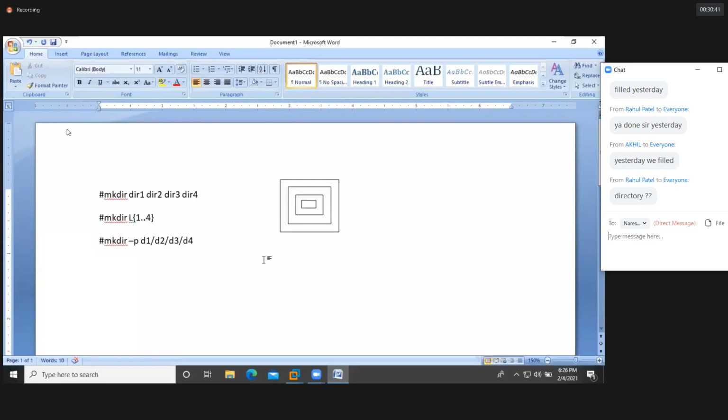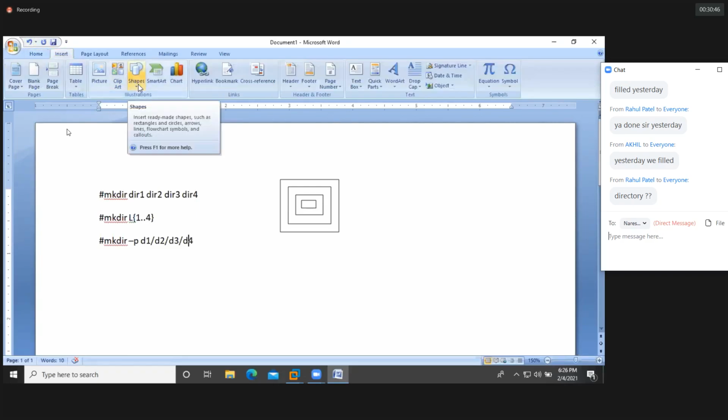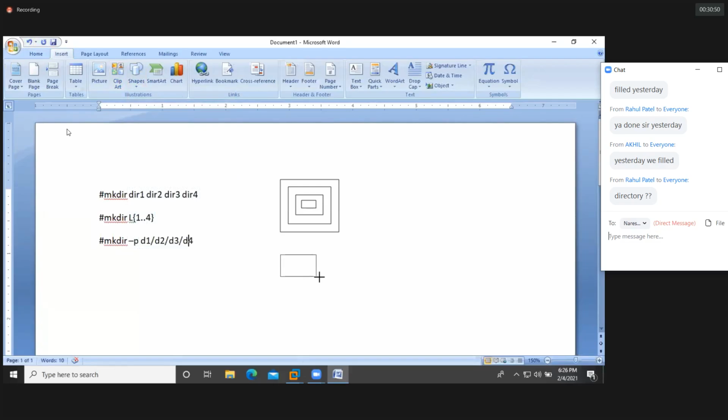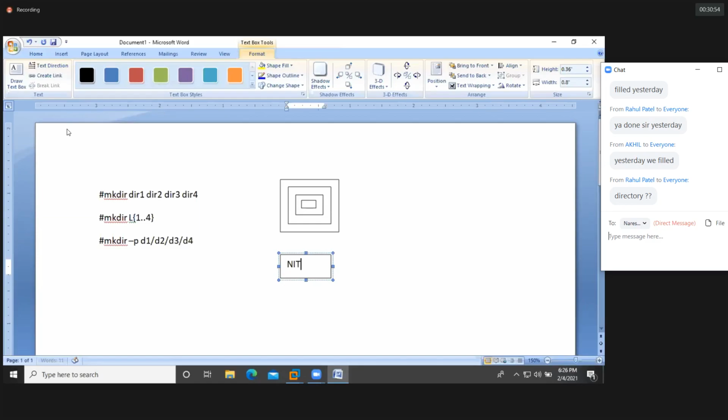Now I'm trying to create one directory tree structure here. The directory name is NIT, which stands for Narration Information Technology. This NIT directory contains a few directories. One is Linux.